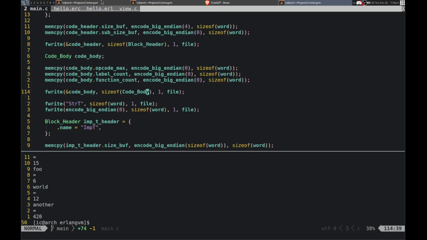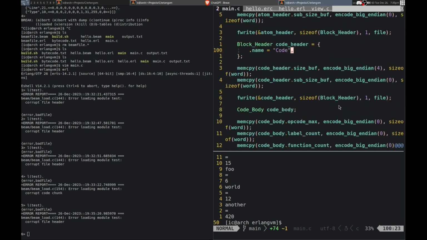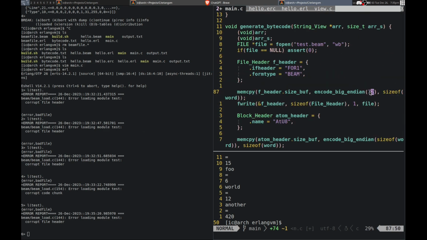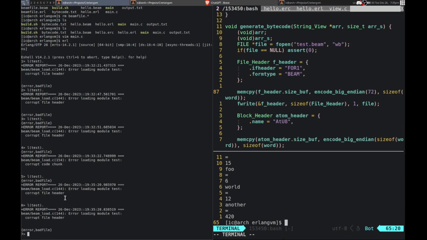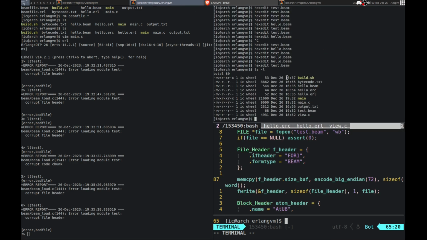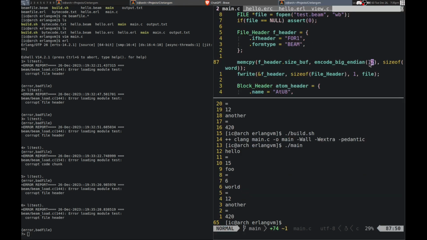Alright, then, it's not going to be right now, I think, still. Yeah, code file header, so that's wrong. So I need to actually increase it by 12. Still a corrupt file header, so did I do something wrong? Test.in 80. Oh, so now it's 80. Oh, that's right, yeah. So why is that corrupt still?